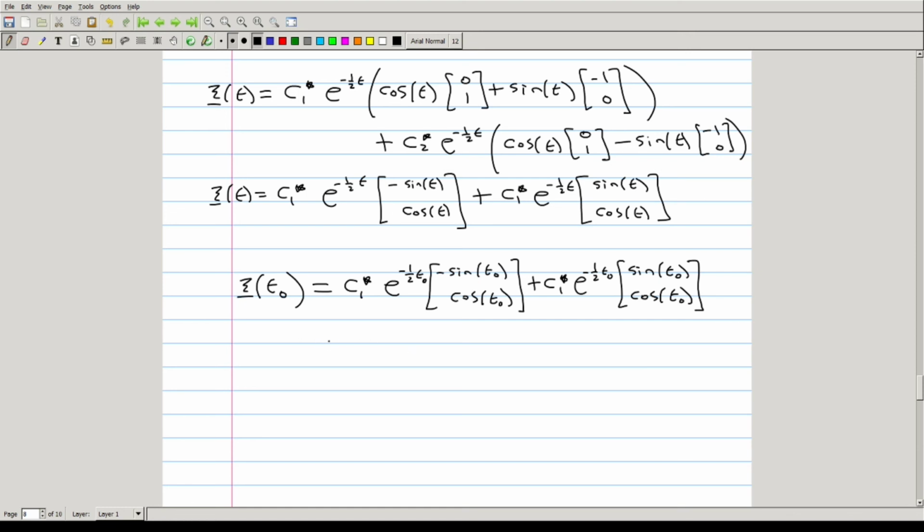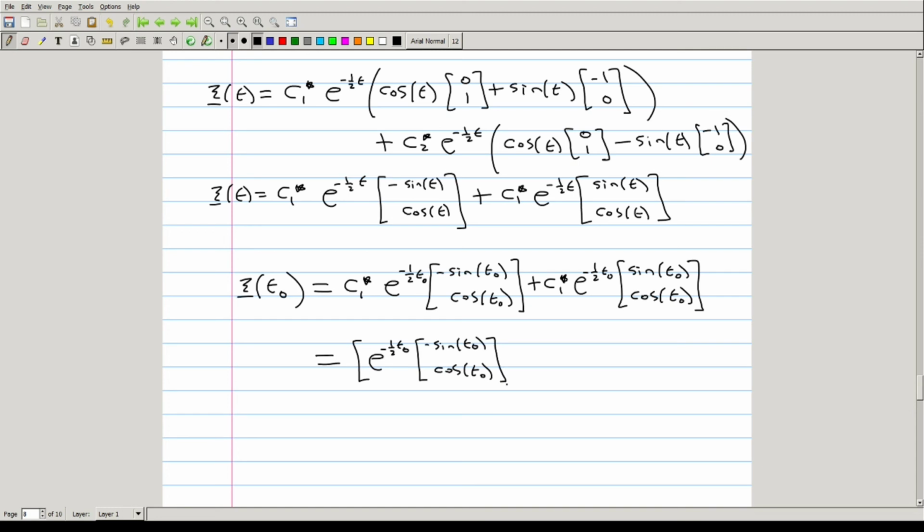Which is the same thing as the matrix e to the negative 1/2 t naught times the matrix with columns negative sine of t naught, cosine of t naught,